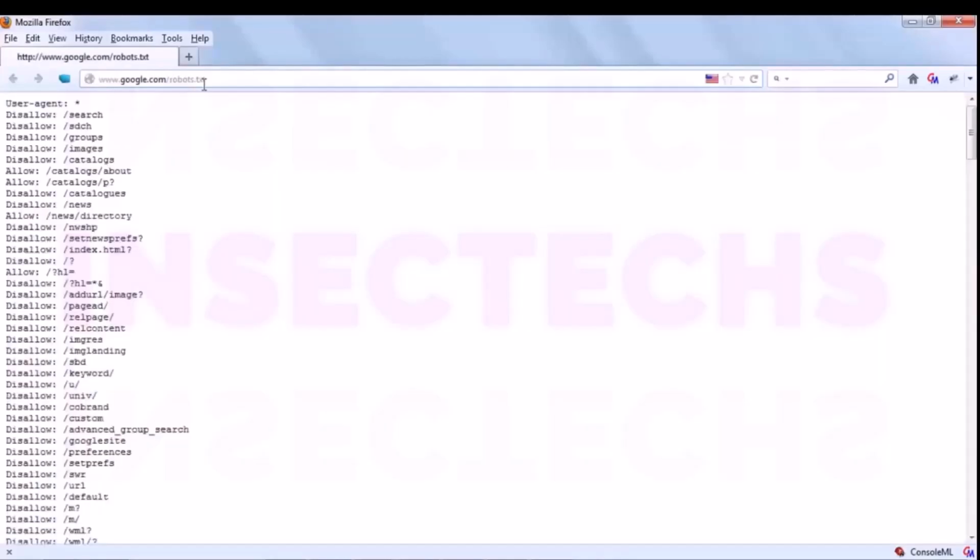I'm just pressing enter, and now you can see the files. There are some options. One is user agent. This particular user agent instructs a specific user agent. Since it is star here, it is applied to all the user agents such as Google, Yahoo, and of course